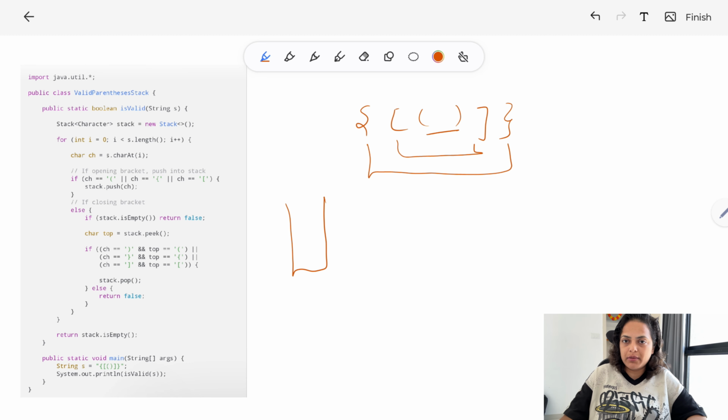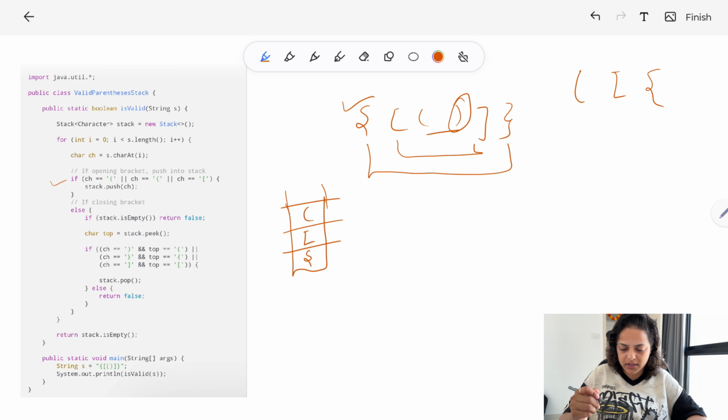Okay, we have taken three kinds of brackets here, like this one, and this one. So if it is an opening bracket, we will push it into the stack. Okay, so for example, your string is something like this. So yeah, this is an opening bracket, so you will push it into the stack. Again opening and again opening, and when a closing bracket comes, let's say,